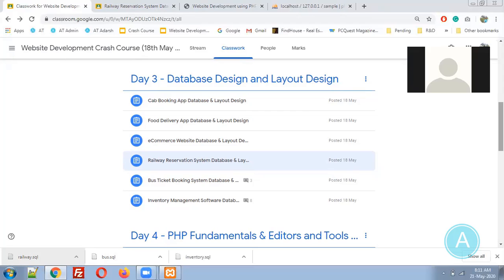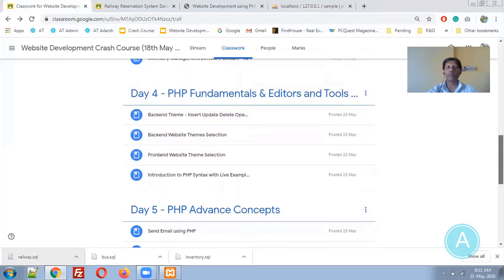Okay, great. So now let's jump into Day 4, that is the PHP fundamentals. Let us start with PHP, how PHP is useful to us, and we will start building websites using PHP. Before starting with website development, let me cover the PHP part. What is PHP, and why we need to go with PHP, all these points we are supposed to discuss today. Basically PHP is a dynamic programming language.